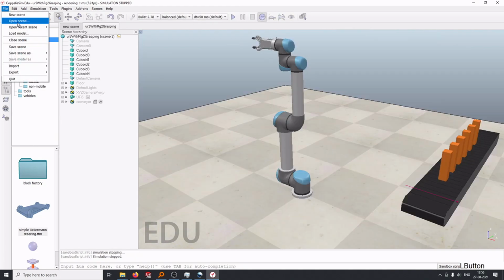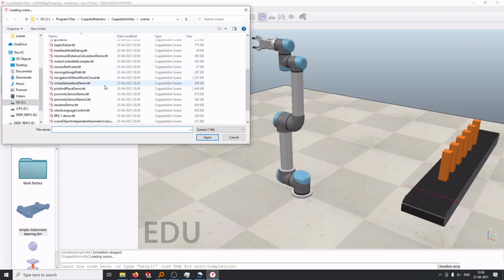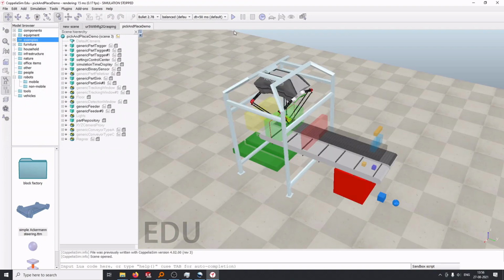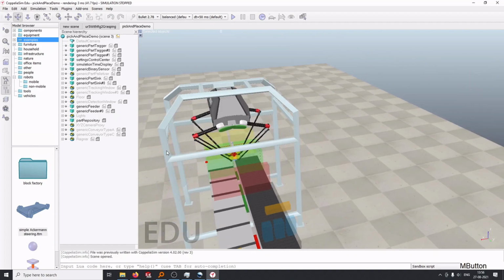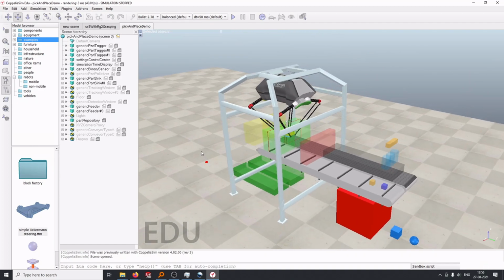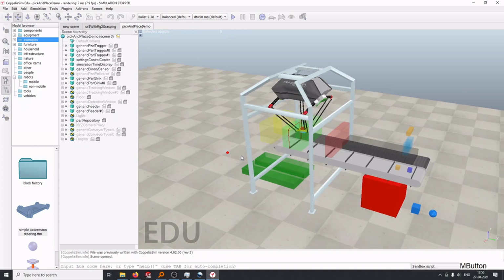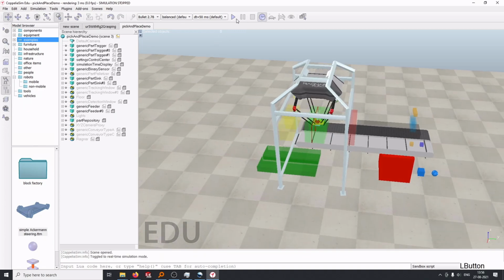We'll try something similar to this concept, a pick and place demo. Okay, this is like a delta bot, and there's a conveyor belt. There are a bunch of blocks here. Let's just run it.